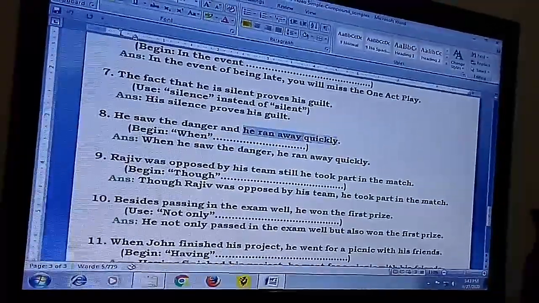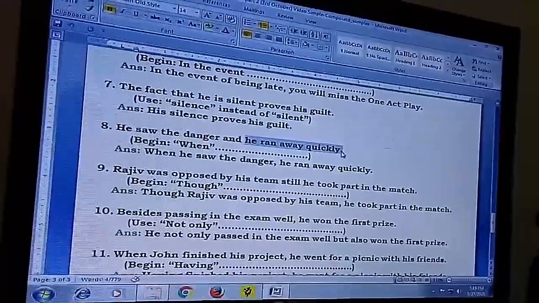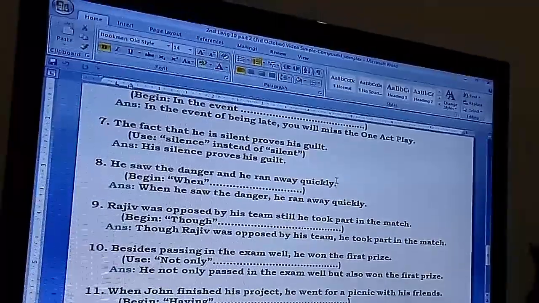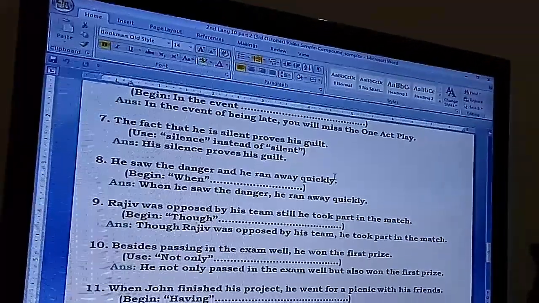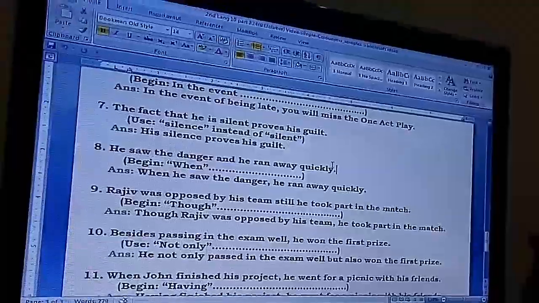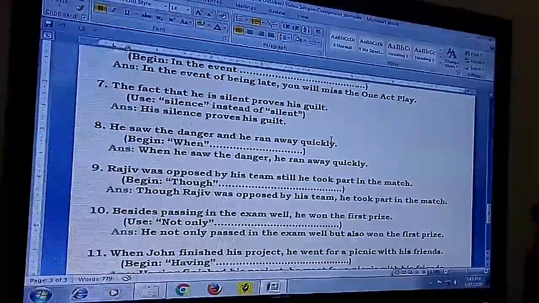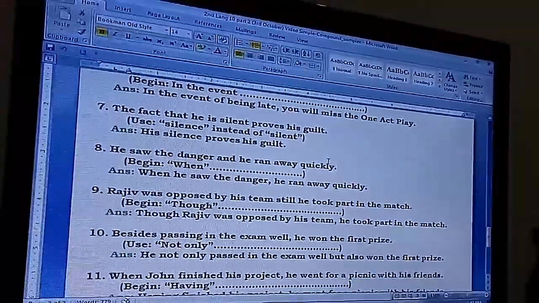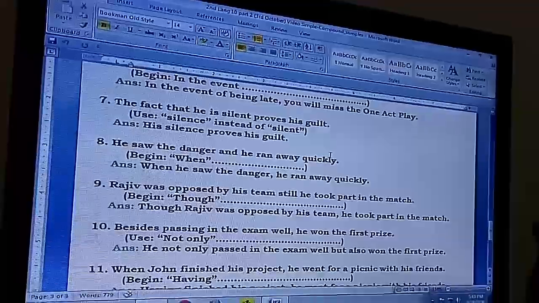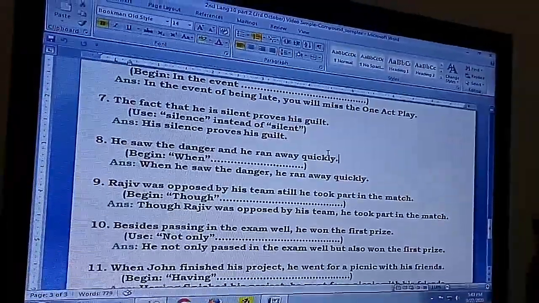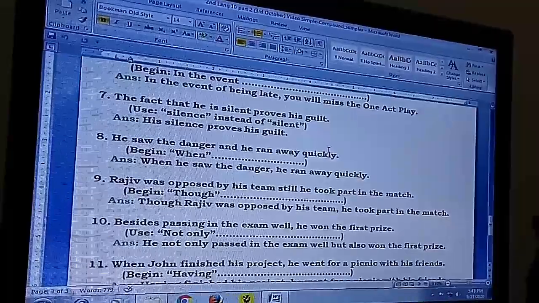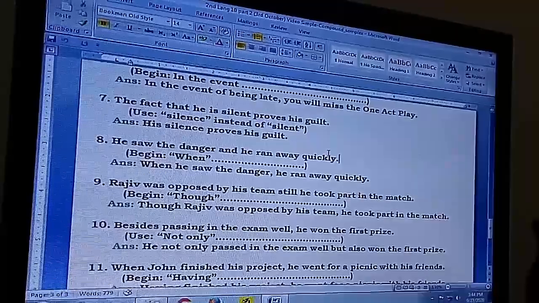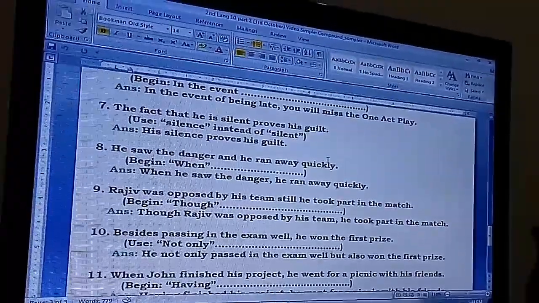The last part, normally we don't change anything. By the way, children, I remind you once again, you transform the sentences from one form to another without changing the meaning. And you are not expected to change so many things. Do change only what is asked. And to do that, you may have to make some necessary changes in accordance with the sentence pattern. And that is how and why we asked you in the beginning that you should know your basics, simple, compound, complex sentences.